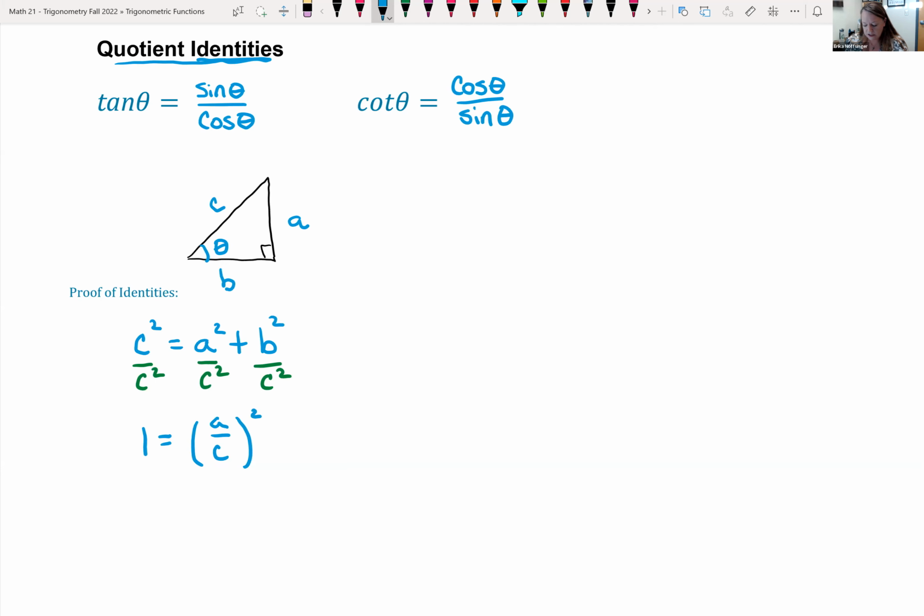We can rewrite that as B over C quantity squared using rules of exponents. Well, if you think about this, these are ratios of sides. So A over C: if I'm looking at theta, A is the opposite